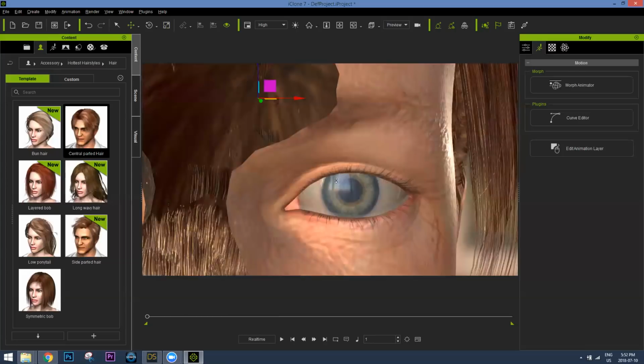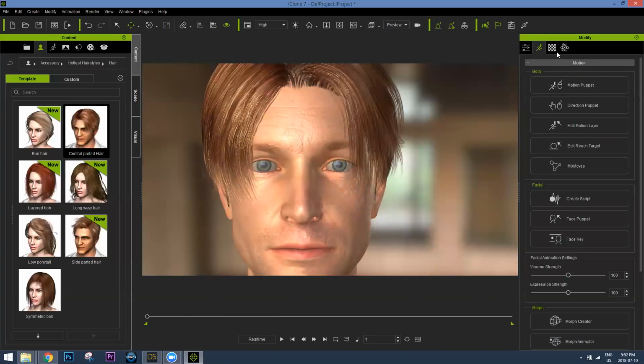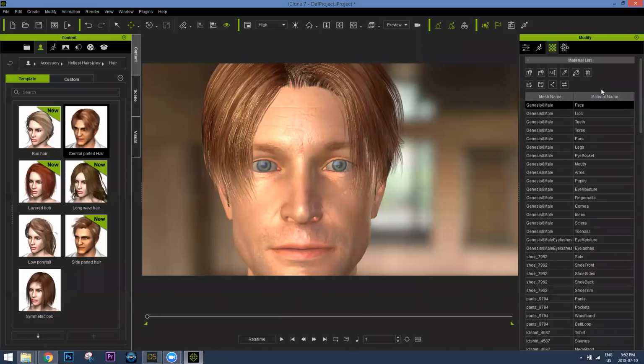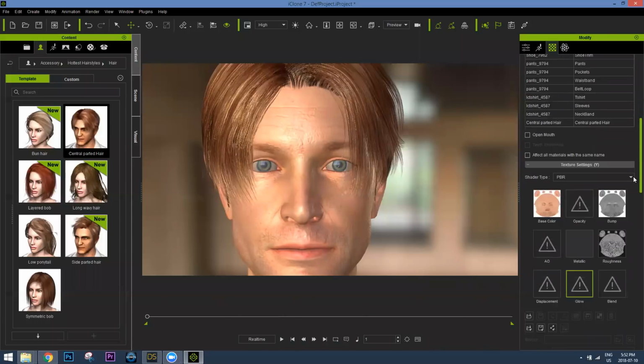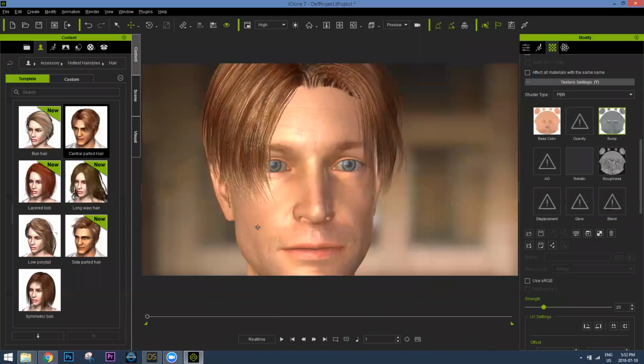All right, and maybe the bump is a little bit too strong on the character's face. So if I go to Materials, you can also use the B hotkey, by the way, to use Pick Material and pick the face. Very useful. The bump map, take it down a little bit, maybe to 20 or something like that. It was a little bit too rough for my taste before. Okay, and then